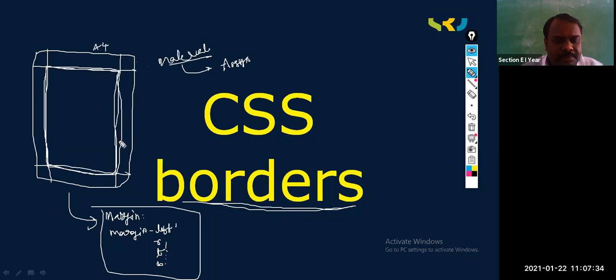How many types of borders we have, how to increase the border, and we are expecting curved borders. These all things we need to learn. After that we will go for padding. Padding is nothing but the space between your border and the text. So first let us learn border and next we go for paddings.